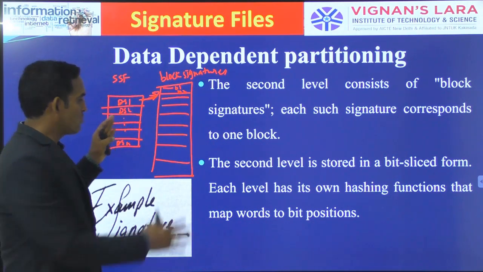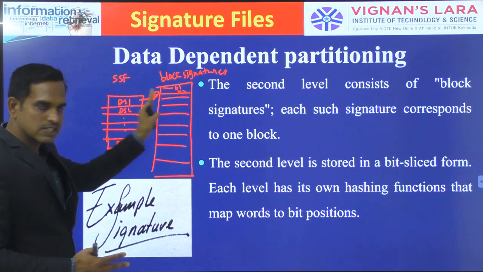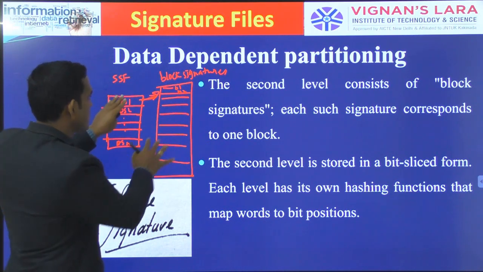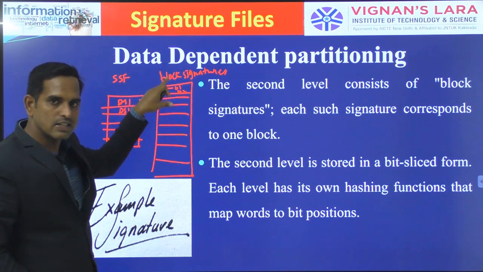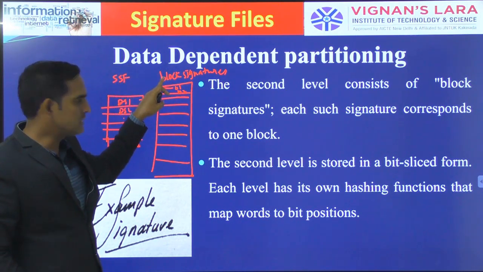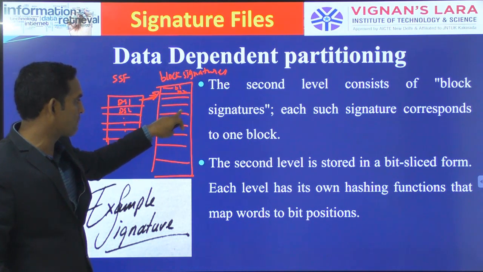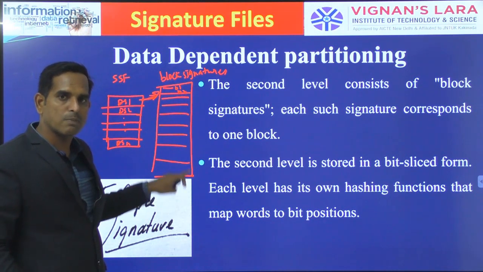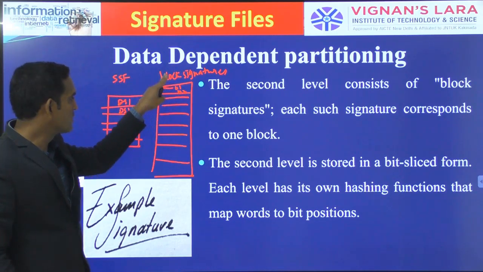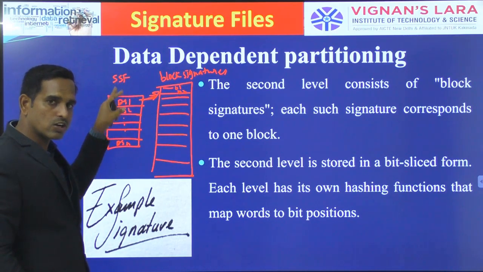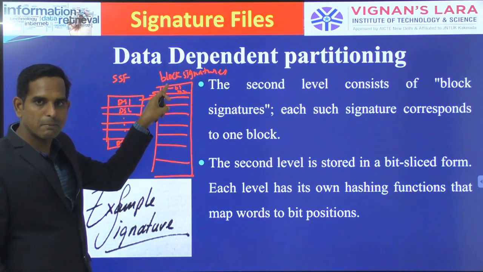If you are having 2 different levels of signatures, then searching these signatures will be much easier compared to searching the complete block signatures one by one. If you remember, your sequential signature file, the first part, is implemented in this manner, where you are having the block signatures one by one until the end for each and every block present in your documents. Instead of that, these block signatures will be present here, but another level of signatures, the document signatures, will be present here. The document signatures will be pointing to the corresponding block signatures.